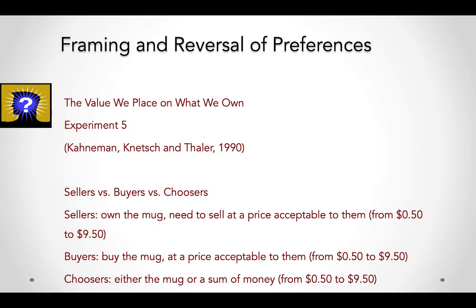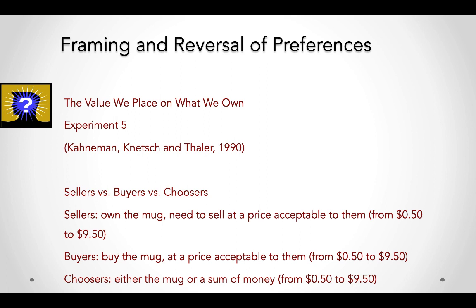In an experiment that Thaler did back in the 90s, he had two groups of people, sellers and buyers. The sellers were given a mug, with a university logo on the mug, and they were told to sell it to the buyers. And the buyers would try to buy the mug at some kind of acceptable price, right? So it's a very simple experiment. You can do this all the time. Again, you can replicate these experiments in your own time with your own group.